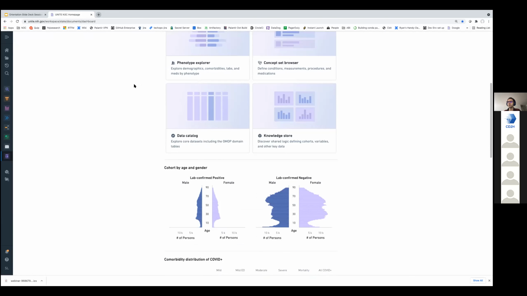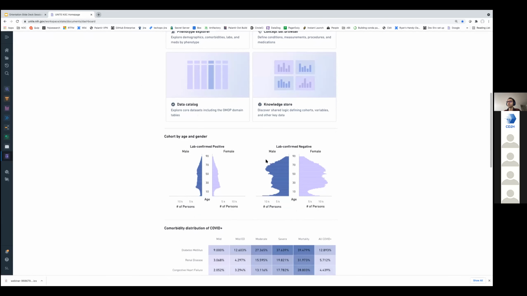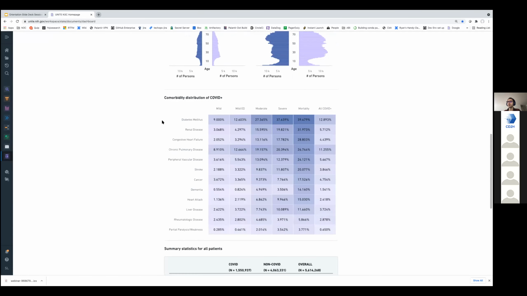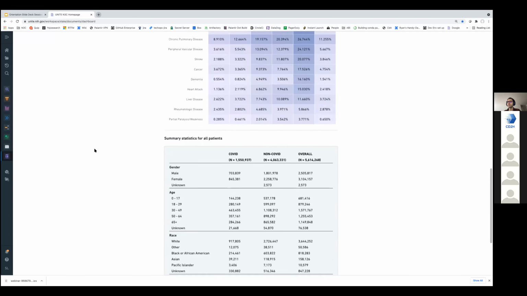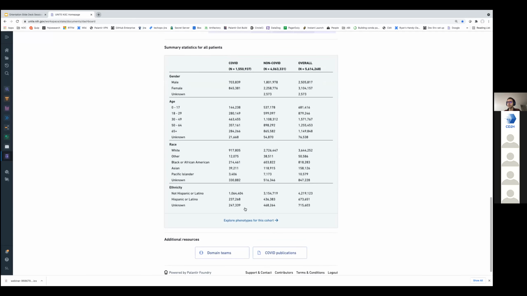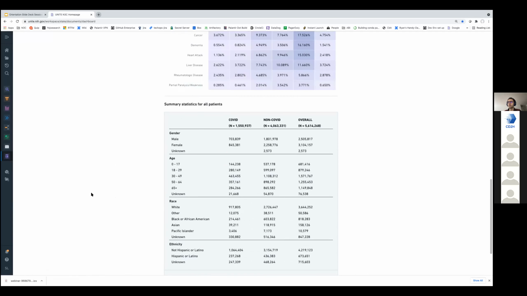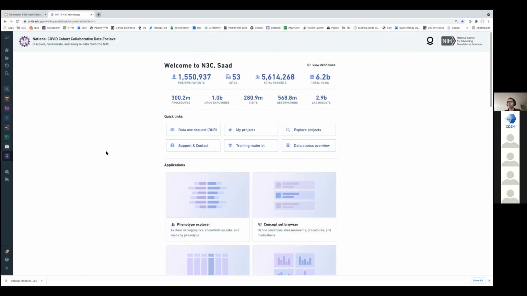If you actually scroll down a little more, you have more information about the breakdown of the cohorts that exist in the Enclave by gender, by age, comorbidity distribution, and you have some basic statistics. And then if you click more, I'll talk about this later, but it will take you to an app called the Phenotype Explorer, where you can have more statistics about the patients available within the Enclave. So going back here,